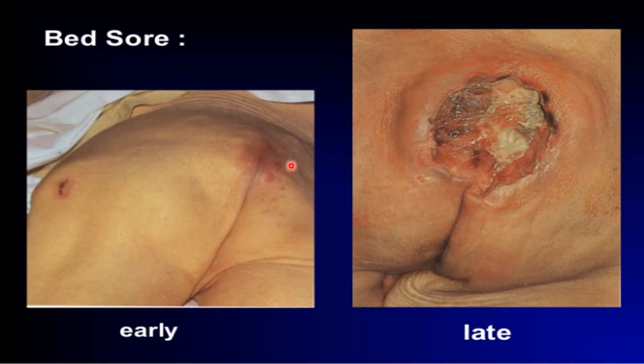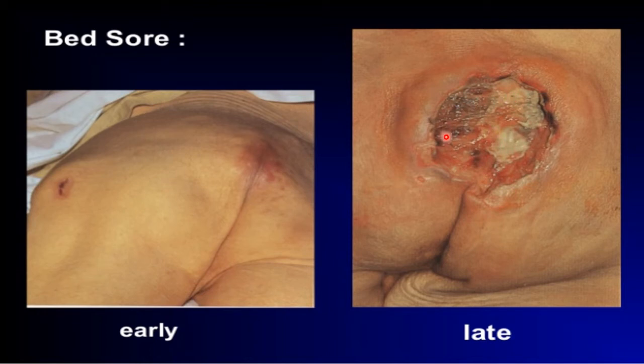An early bed sore in the sacral region, you can just see swelling and redness. Here is another pressure sore on the greater trochanter for prolonged lying on the side. Such pressure sores are usually seen either with the fracture of the spine or the fracture of the pelvis and lower limbs, where the patient cannot change posture regularly. This is an advanced pressure sore